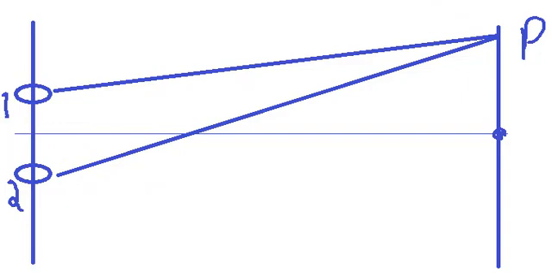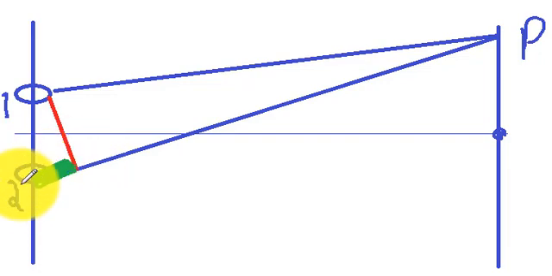Roughly, by dropping a perpendicular, see if this distance from here to here is too large and the distance between this and this is very small, then this angle will become very small. So I can roughly calculate the difference in their path by dropping a perpendicular here. If I drop a perpendicular, then I will understand that this is the difference in their path.